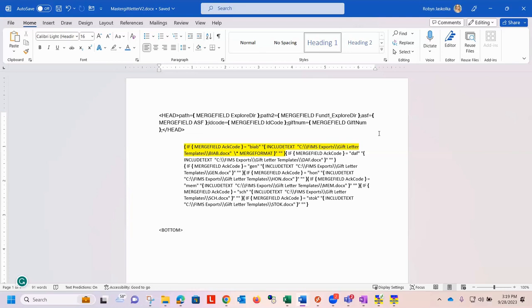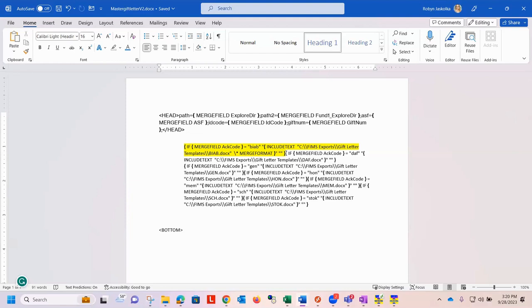The section I highlighted in yellow is one piece of it, duplicated an additional time for each of your acknowledgement codes. It says if the merge field for the acknowledgement code equals BIAB, which is pulled from the gift record itself,